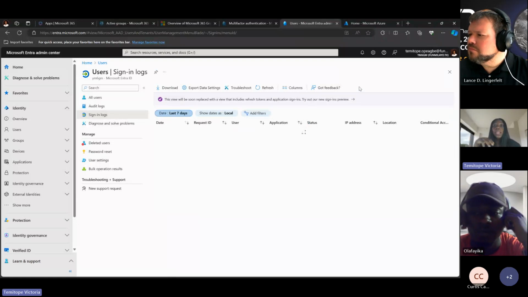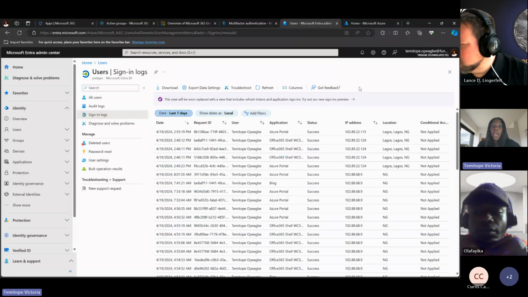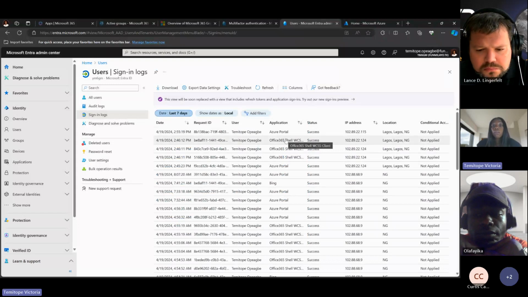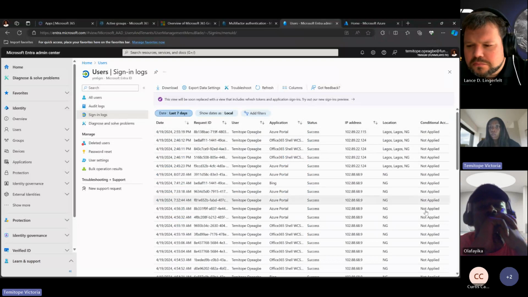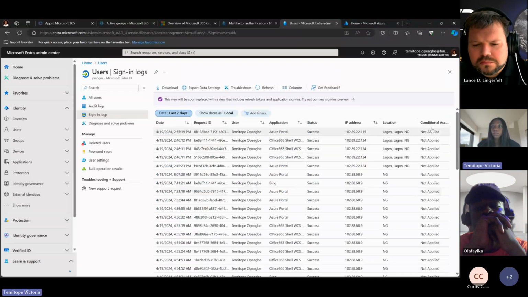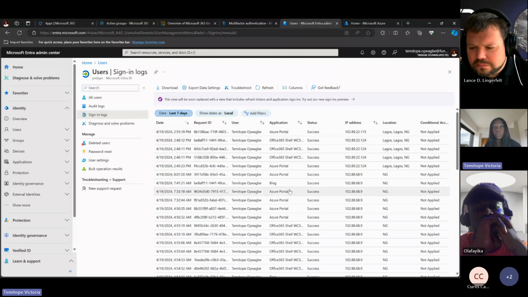Let's say LinkedIn was hacked and they have Microsoft accounts linked to this LinkedIn. One of the things that Entra gives you is access to see the way they connected to each application and the IP addresses. So these sign-in logs will show sign-ins within the Microsoft tenants,